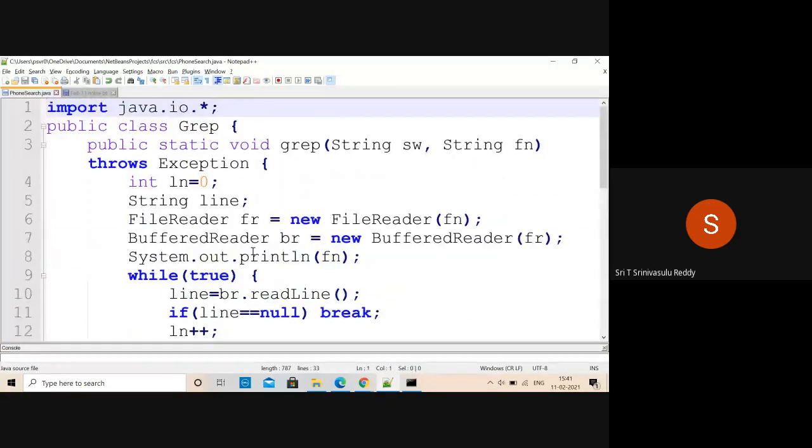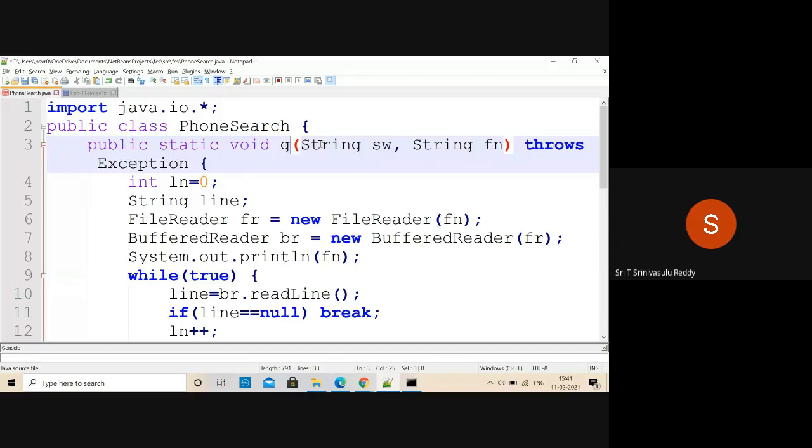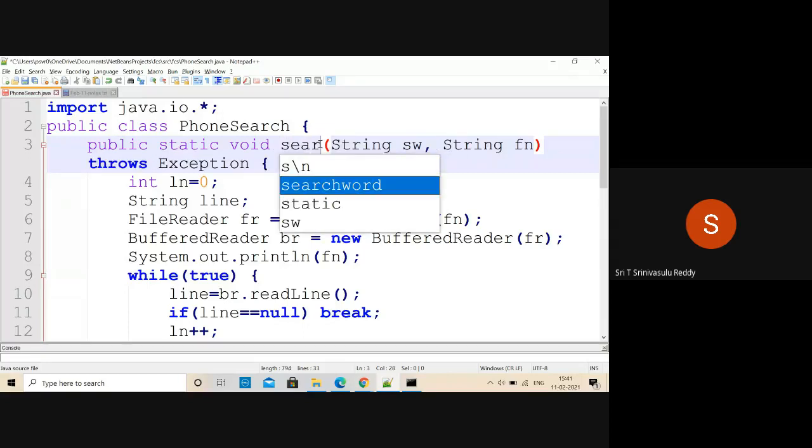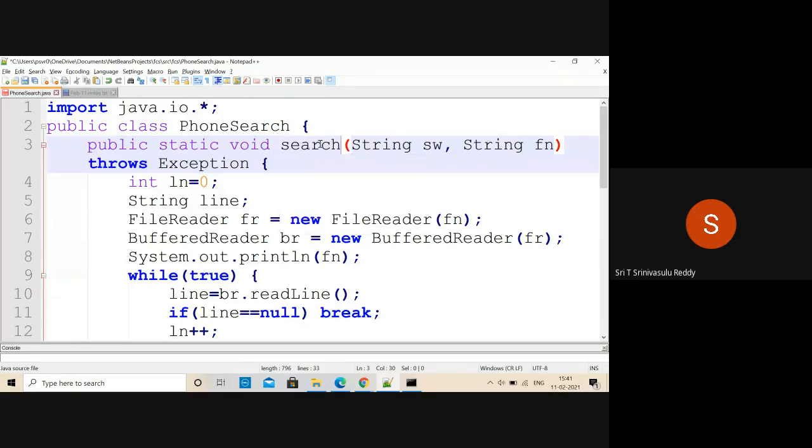And then come to the beginning. As usual, you have to import all those things. Change the name to PhoneSearch. So here, instead of grep, you call it maybe search. We'll see what to do and all that.